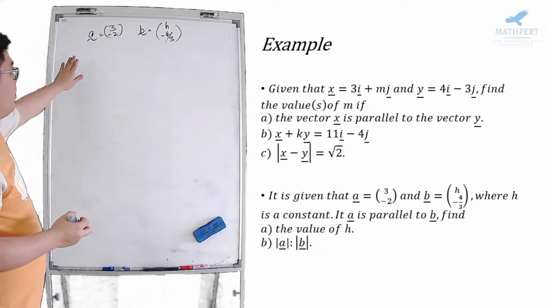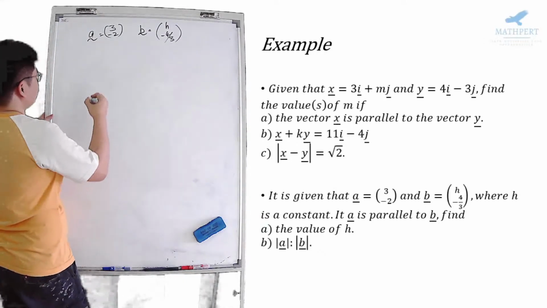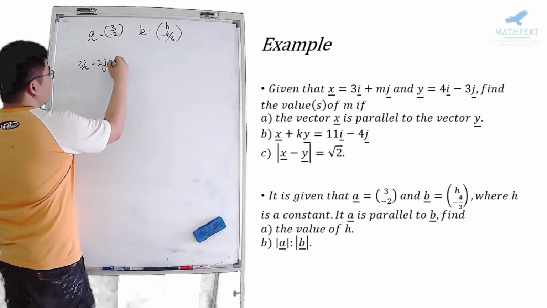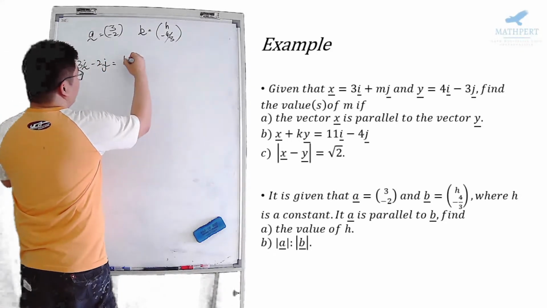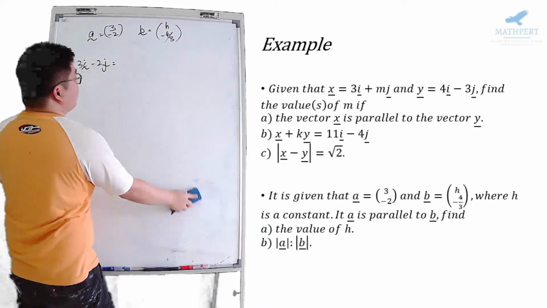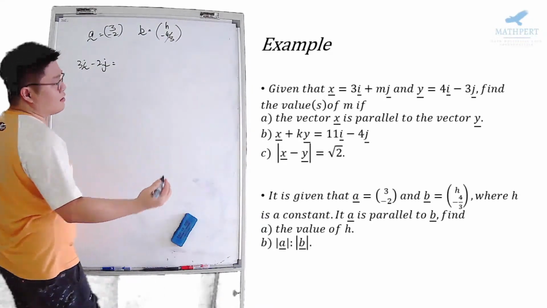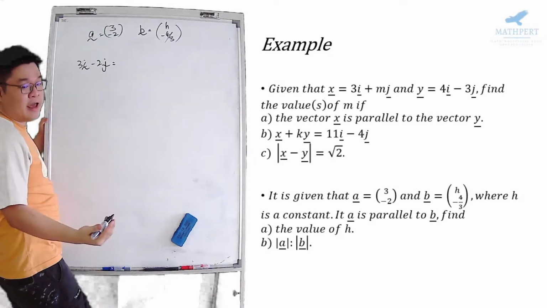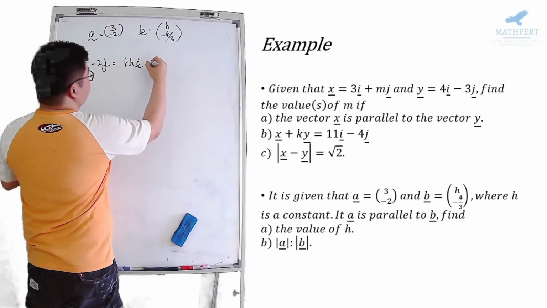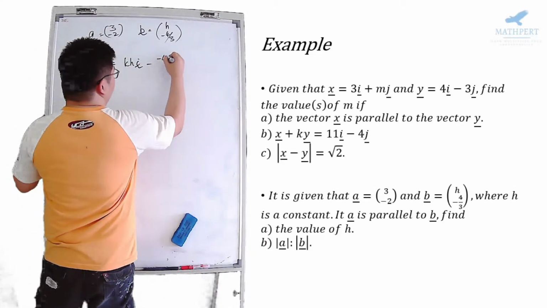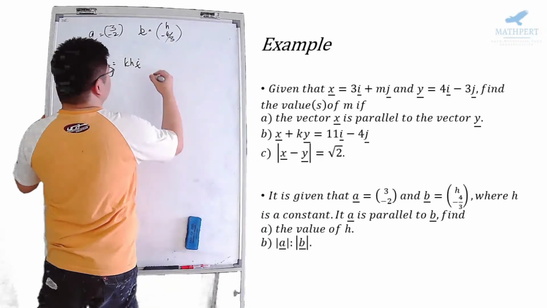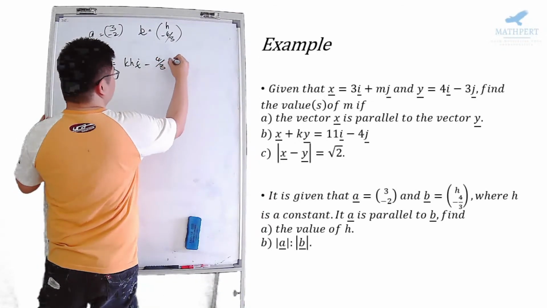Okay, A is parallel to B. That means 3i minus 2j is equals to k times B. Parallel means I need to multiply a scalar. A scalar, in this case I will use k. Okay, so khi, minus 4 over 3